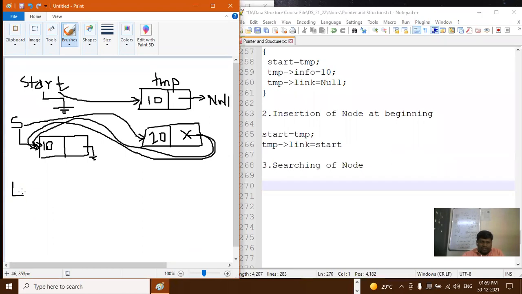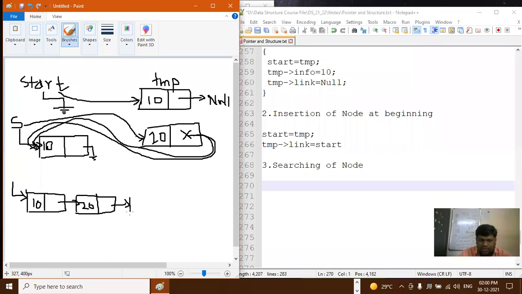Here I will draw the linked list. 10 is pointing to 20, right?